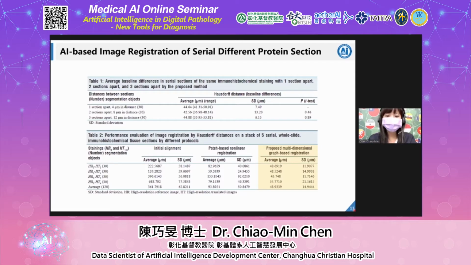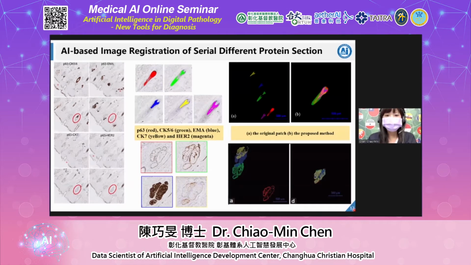This is our result. We proved that by Hausdorff distance, our method was able to improve the overall alignment accuracy in different protein section images. Table 2 shows the results obtained by using different registration stages for each slide pair. The results indicate that the proposed method can outstandingly improve tissue structure registration. The overall performance improved about 52% and 29% for the average and standard deviation values with Hausdorff distance, respectively. The qualitative performance also becomes obvious in the registration results with